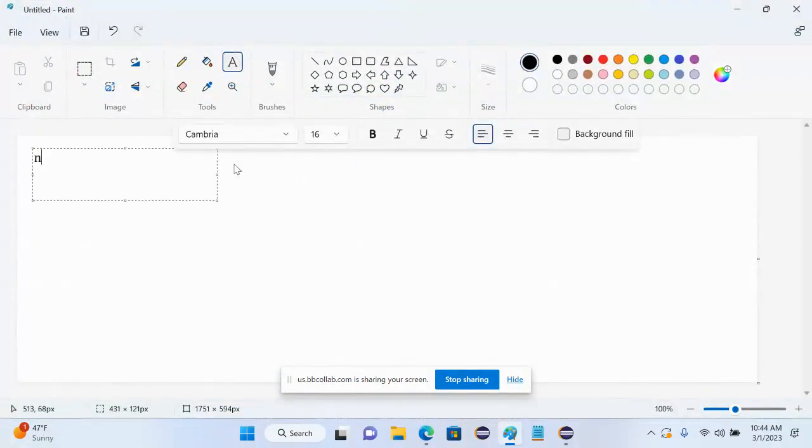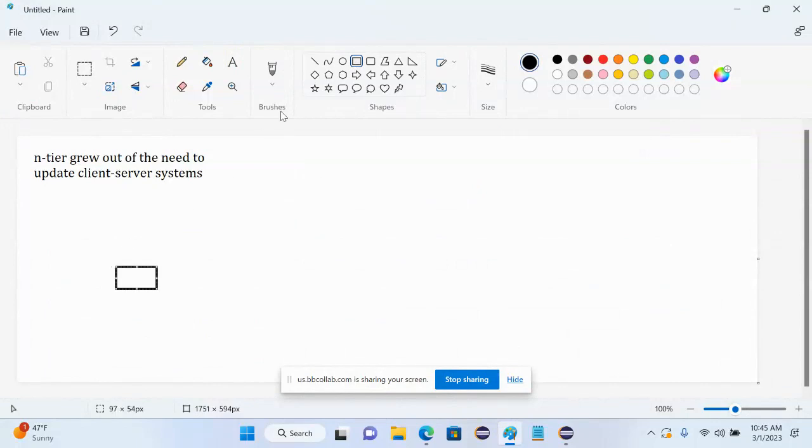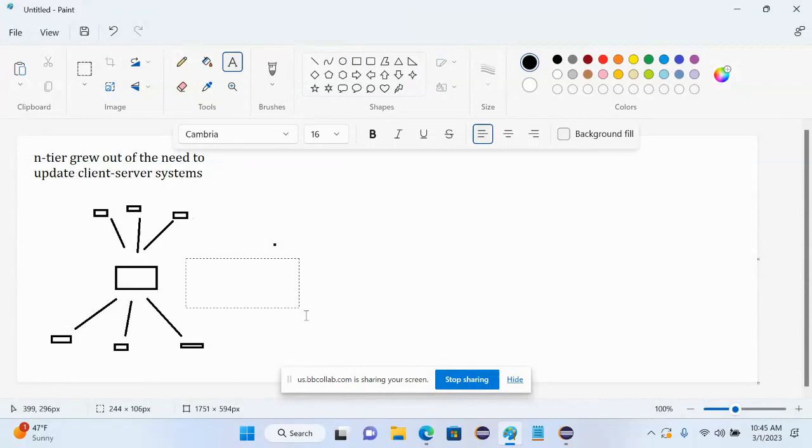N-tier grew out of the need to update client server systems. Remember, client server systems, essentially, I'm going to draw a picture like this. It looks like some kind of evil tripod, I guess. Like a space alien from a 1980 video game. So this big box is the server, and conceivably the server might be connected to different database systems or different database hardware. But basically, in a client server system,